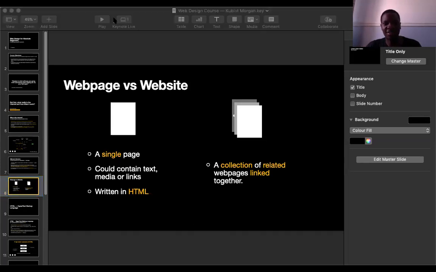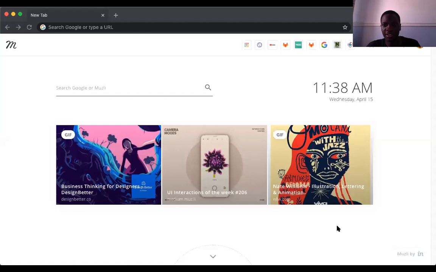I think we should have a good knowledge, or have actually seen web pages before, but just for the benefit of the doubt, I'll quickly show you what a web page would look like.